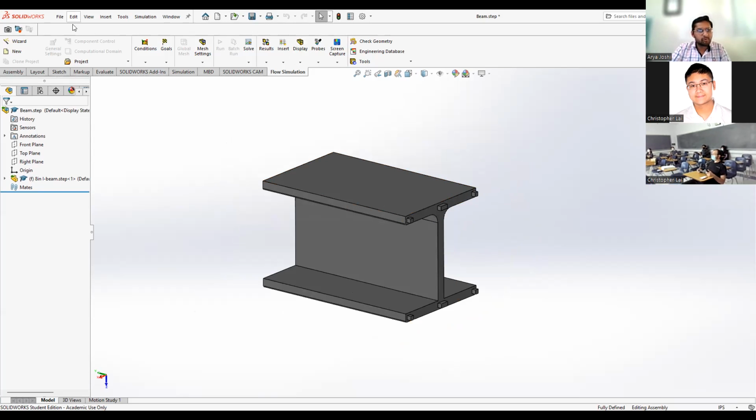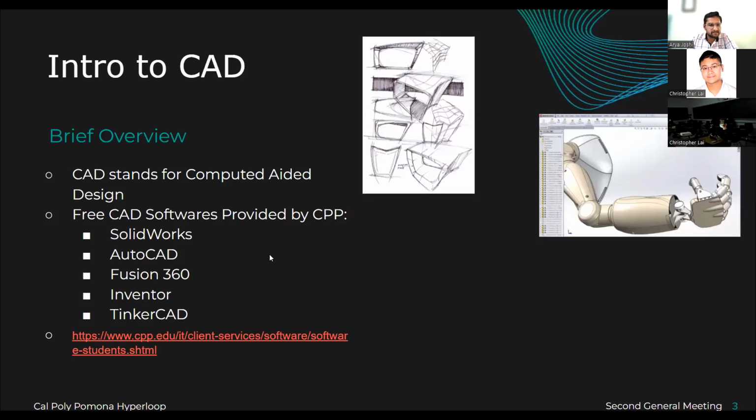And what we're gonna do now is we're gonna start making a drawing. But actually, before we do that, I wanna go over GD&T. So when we're making the drawing and we incorporate GD&T into our drawings, we'll have a better understanding of what those values are. So I'll stop my screen sharing and I'll go back to the presentation. And I'll talk a little bit about